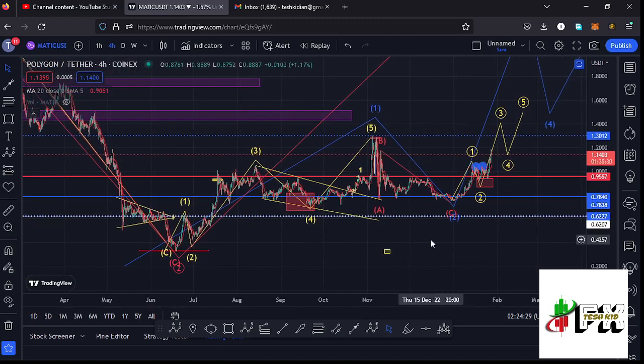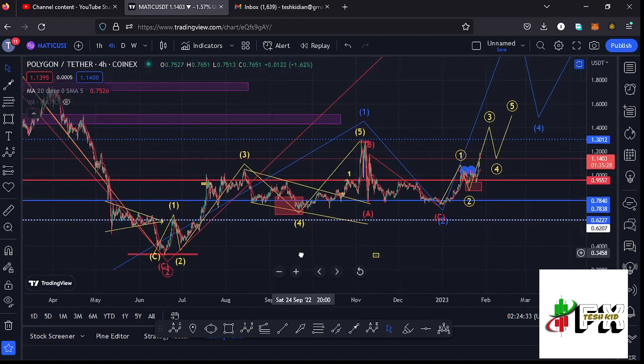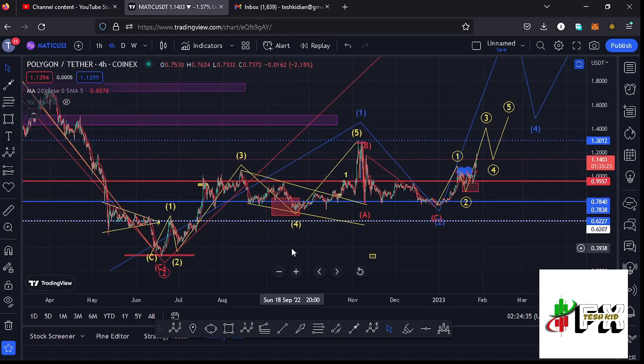And allow me to start the video here on the 4-hour chart by first giving you a recap of what has been happening, where you can see that after making our low at around the $0.32 mark, we started a very nice bounce to the upside in a move that had been obeying the Elliott structures, having this Elliott structure in yellow, making its peak at around the $1.3 mark, and also completed the formation of that first wave to